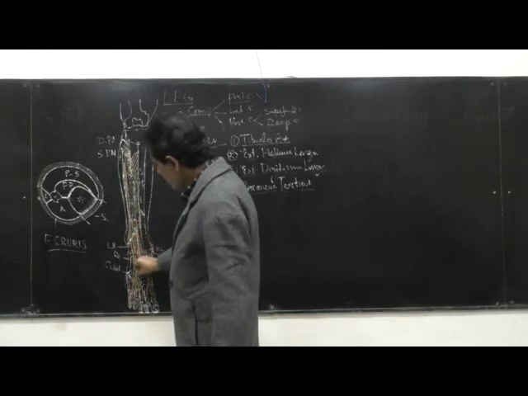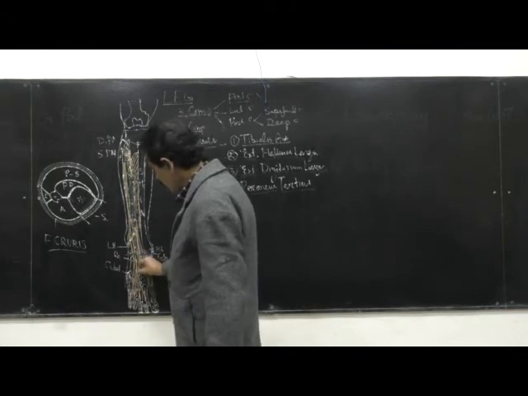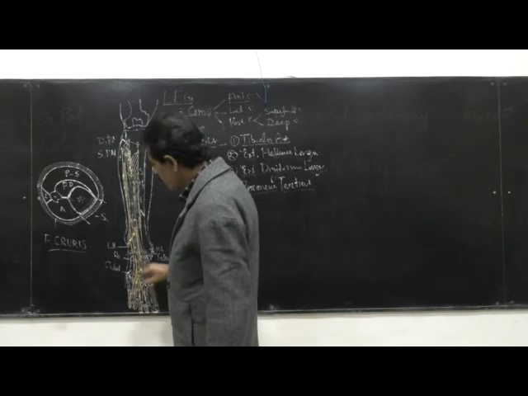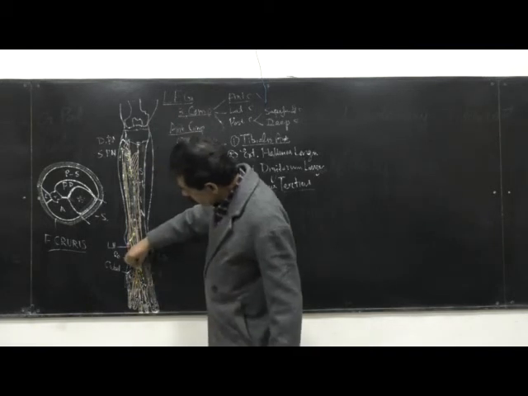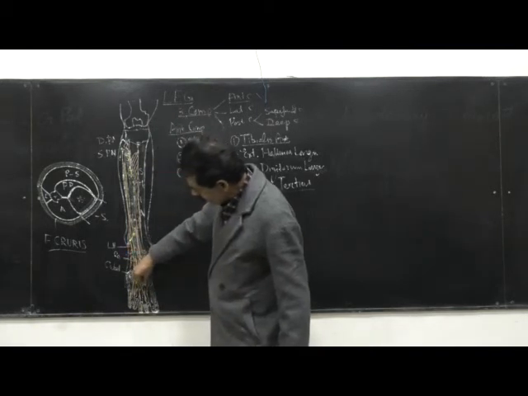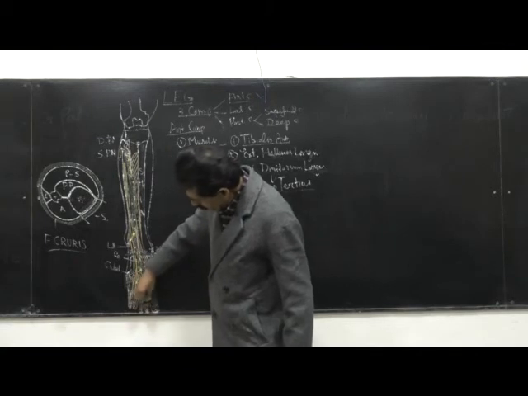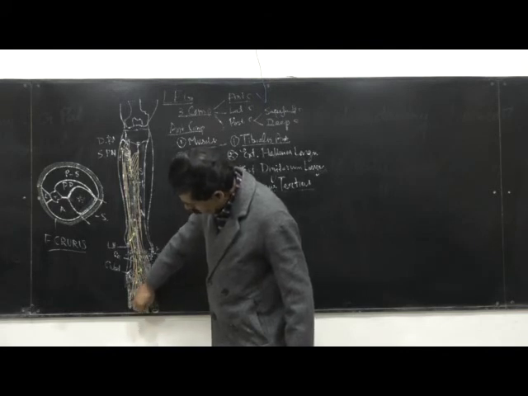And in the dorsum of the foot, this nerve will divide into two terminal branches. One is the lateral branch, which is a motor branch, and another is the medial branch, which is the sensory branch. So this medial sensory branch of the deep peroneal nerve on the dorsum of the foot will come here, and it will supply the skin between the lateral surface of the skin of the great toe and the medial surface of the skin of the second toe.